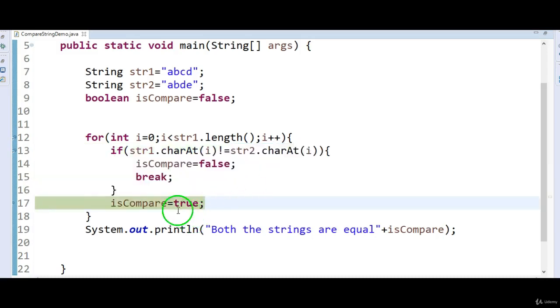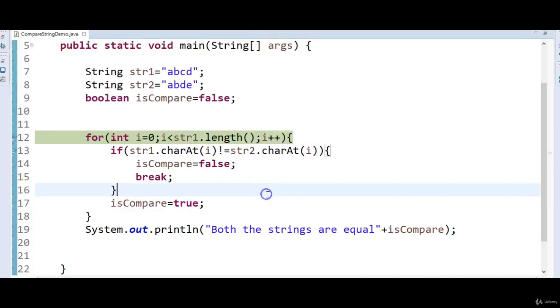And then isCompare will be true. Now if you see, the third character, are these third characters both equal? No. If str1.charAt(i) not equals str2.charAt(i), isCompare is what? False. So C is not equal to D. It will satisfy this condition.